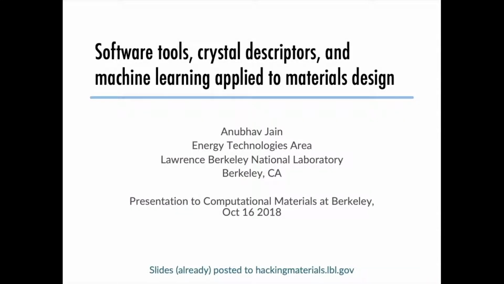Hear a little bit about machine learning and material science today from Dr. Anubhav Jain. He got his undergraduate degree at Cornell in 2006 in applied physics, and he got his PhD at MIT in 2011 under Gerbrand Ceder, who's now a professor in our department in material science and engineering. He's a research scientist at Lawrence Berkeley National Lab up at the Hill, and he's one of the PIs in the Materials Project. And he heads the Hacking Materials Group, and we have a member of the Hacking Materials Group